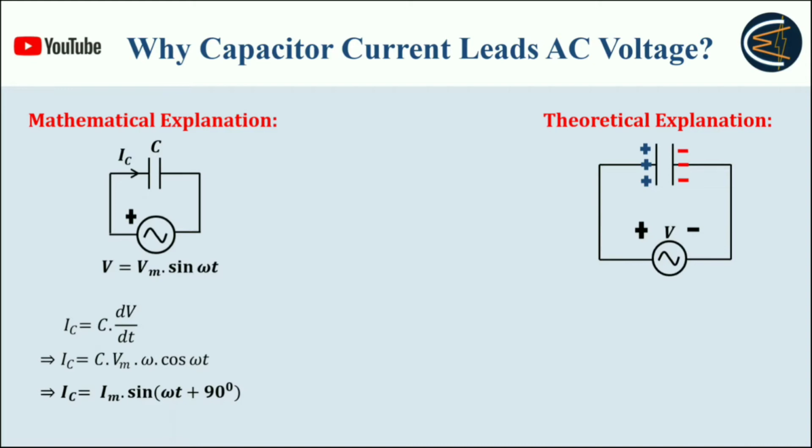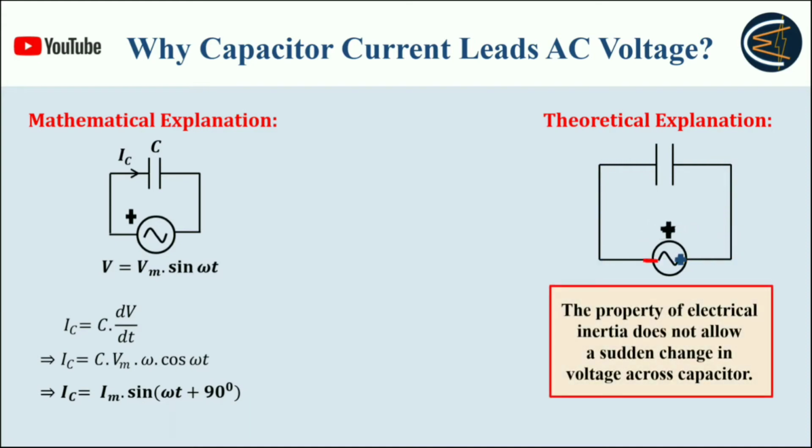What actually happens during this process is, see here, at one instant the plus polarity is at that side, hence all the positive charges are at this plate, and all the negative charges are at that plate. Once the polarity is interchanged, with the other polarity, all the positive and negative charges will redistribute among each other. Let's see how. As we can see, as the polarity is changing, there is a continuous redistribution of charges, and it will continuously happen.